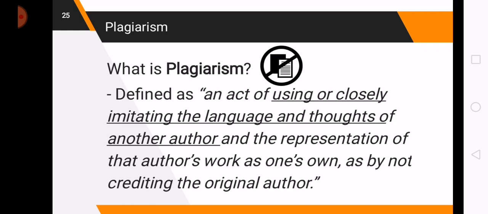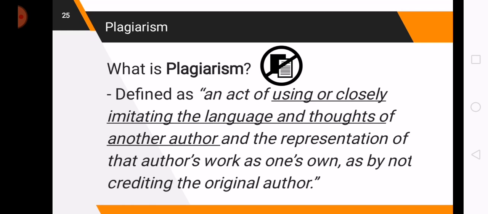So how can we avoid plagiarism? Let us always cite the source, who the author is. We should always put it in the references, or mention or cite it, but never replace the name of the author with yours, especially if you did not contribute anything to that research, for example.